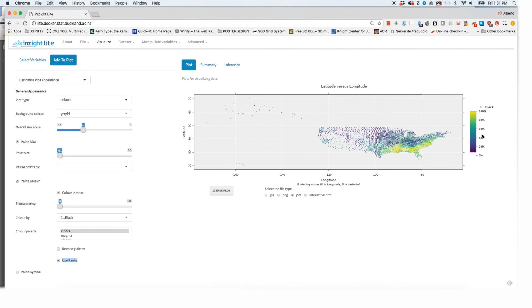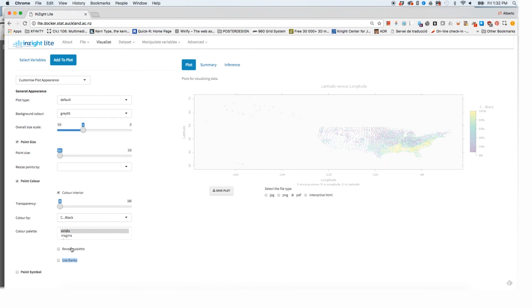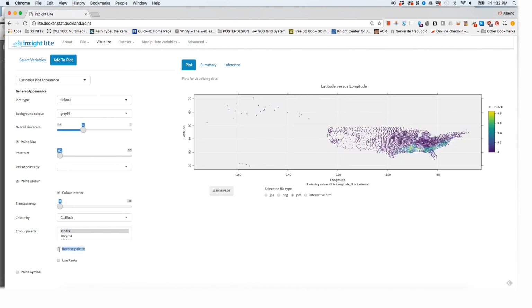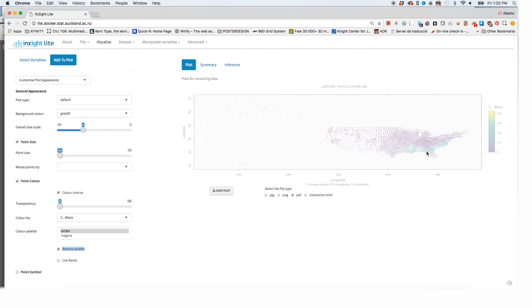data somehow, but I don't really understand what it does. The map looks basically the same as before, right? But anyway, it's another one of those options that I have never tried. There's also an option called Reverse Palette. What that will do is that the higher percentages will be represented by the darker color rather than by the brighter color. This may be interesting in these cases.